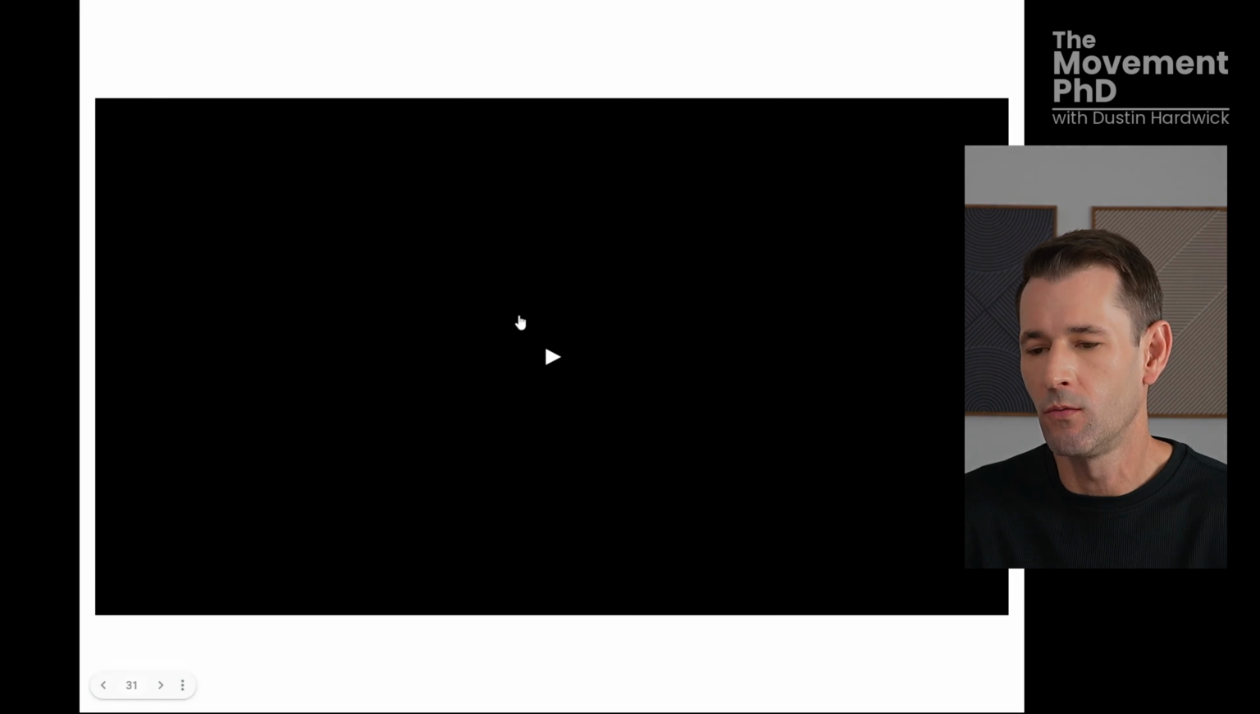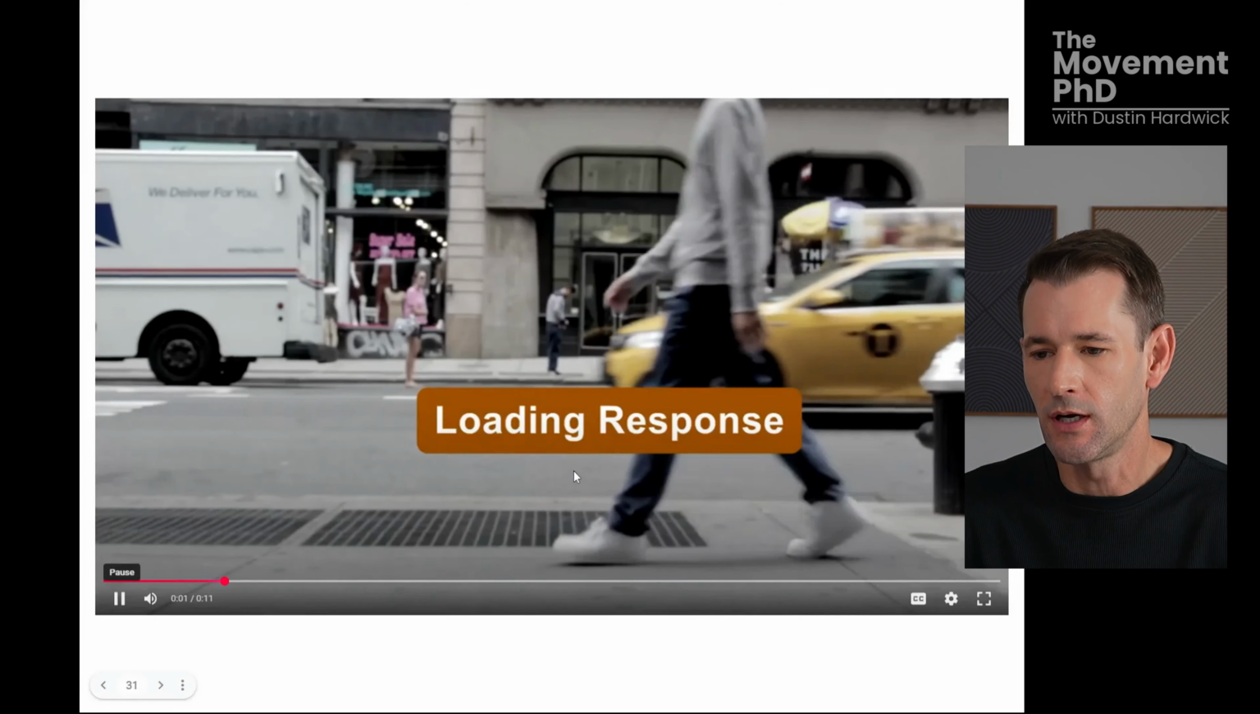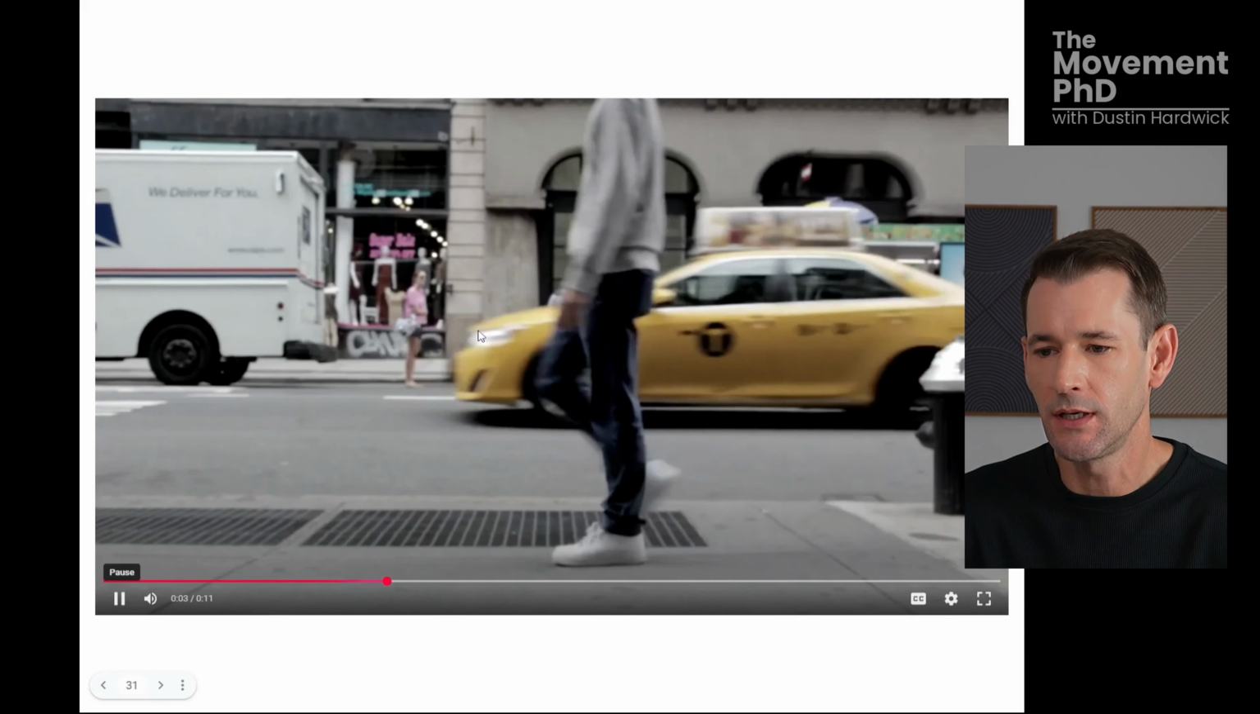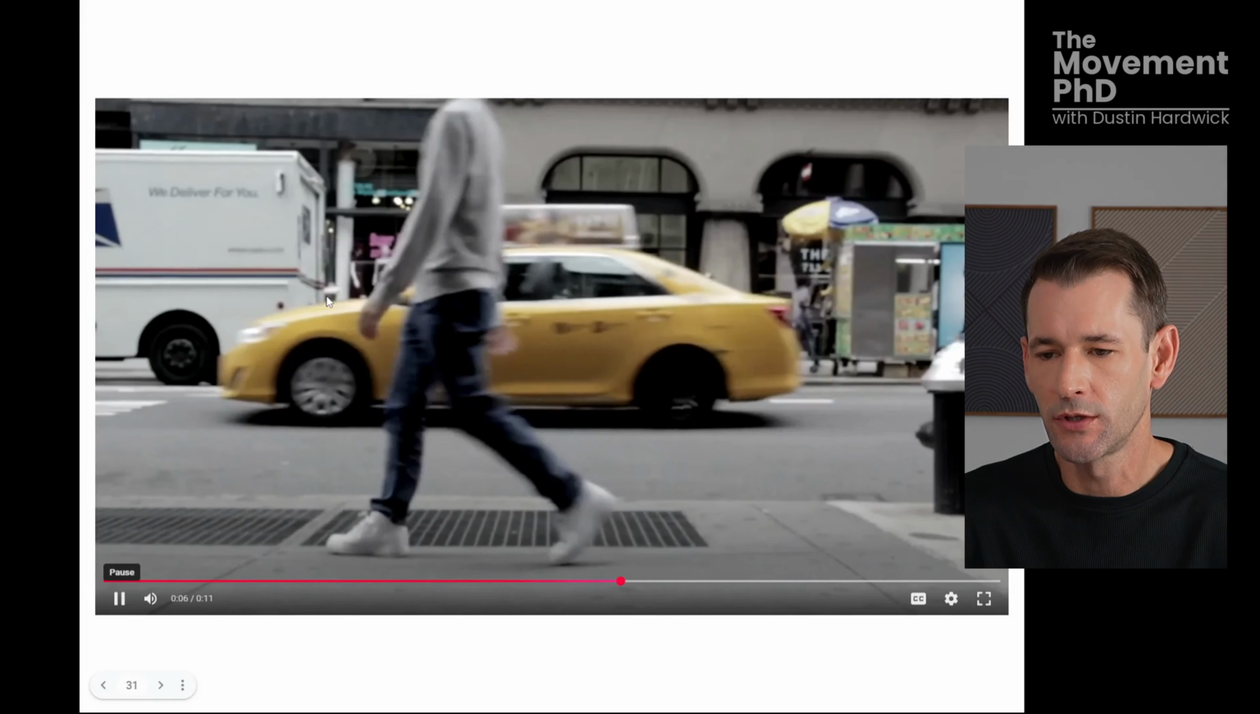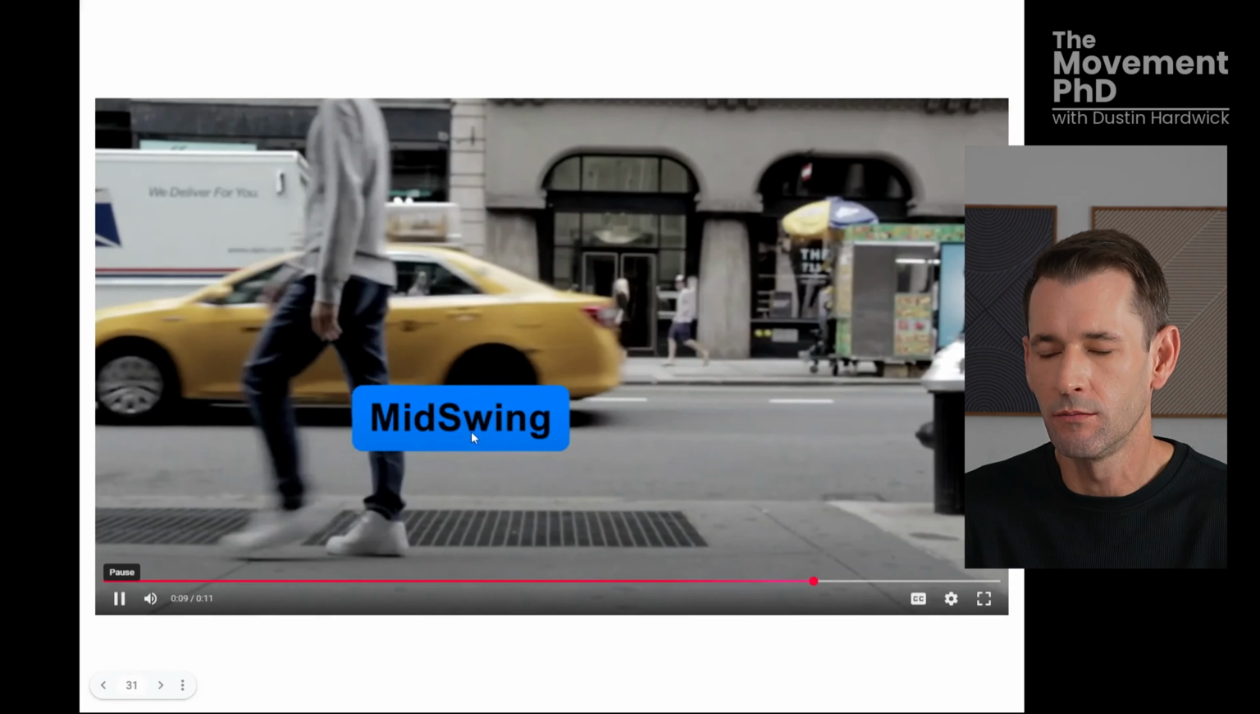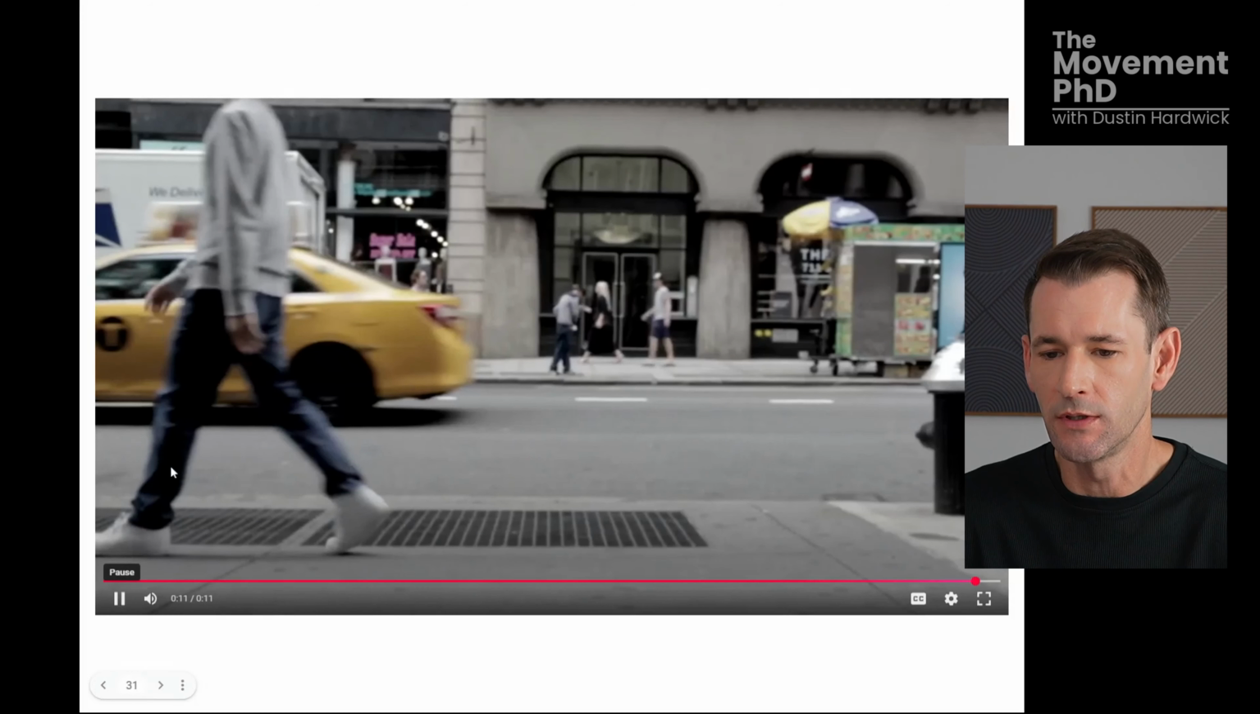Let's watch that one more time, again referencing the limb closest to us. Initial contact, loading response, mid stance, terminal stance, pre-swing, initial swing, mid swing, and finally terminal swing as we prepare